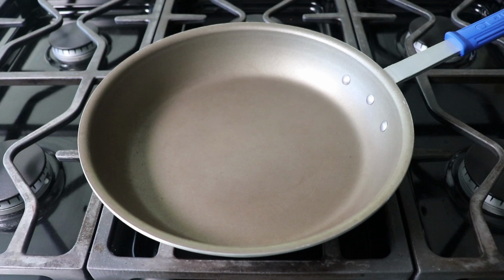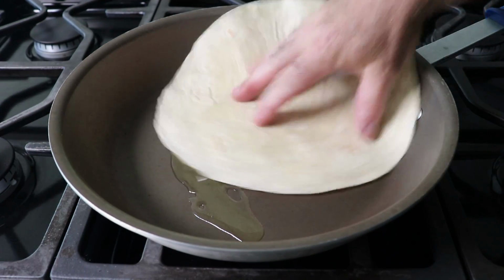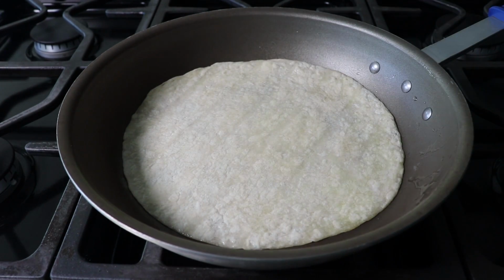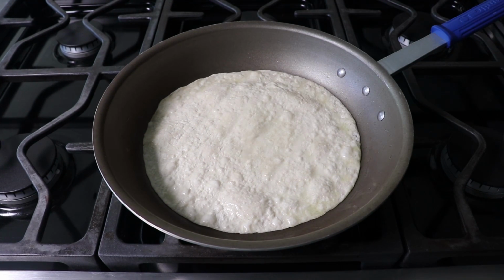And for that, we will add a generous spoon of avocado oil to a skillet that we have set over medium heat. And we will toss in a large flour tortilla, and we'll turn that over and make sure it's coated on both sides with that oil, which I'm doing with my fingers since the pan's not hot. Okay, if the pan is hot, our legal department would like me to suggest that you use a brush or a spatula. And then all we need to do here is toast this for a few minutes on each side,